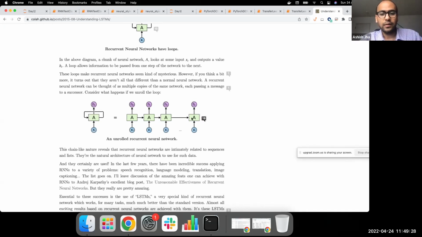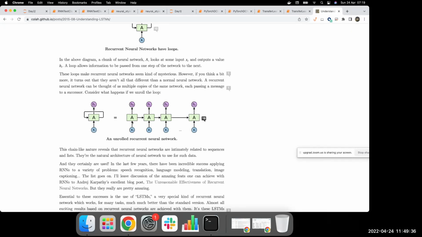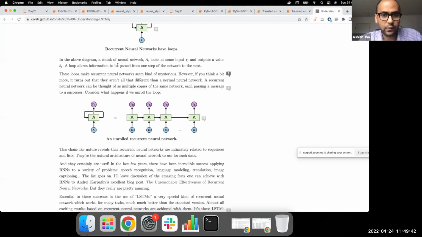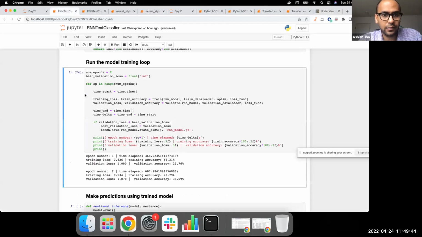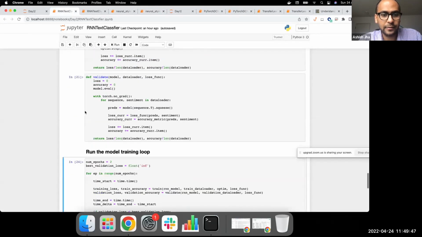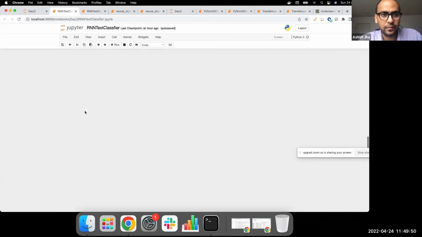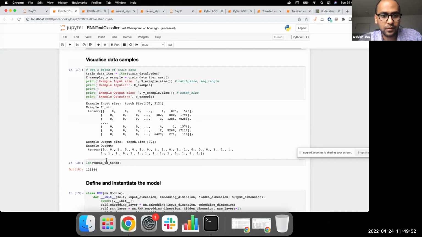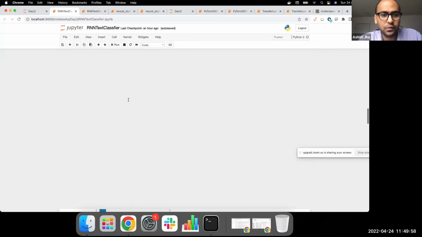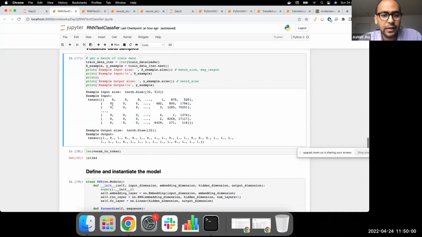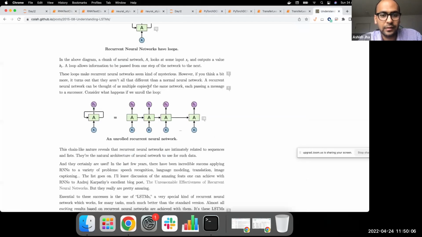Now we have 512 steps in the sequence. So this back propagation happens through 512 steps. Is that 512 or 100 RNN outputs? No, our sequence length is 512. If you remember in our exercise, if you look at the length of each of these, which I think we also visualized at the top, each input is a 512 size sequence, and we pad it with zeros. So this is 512.